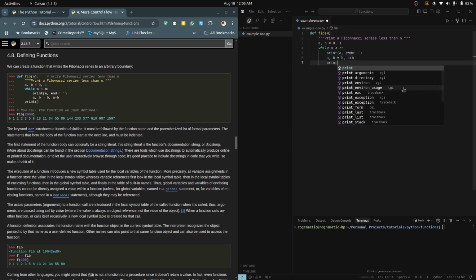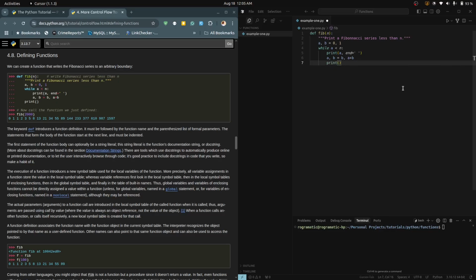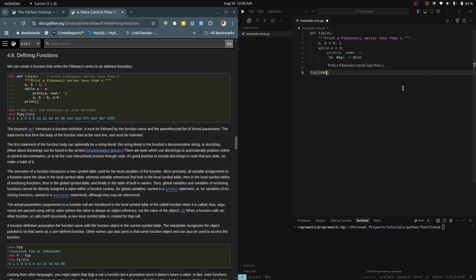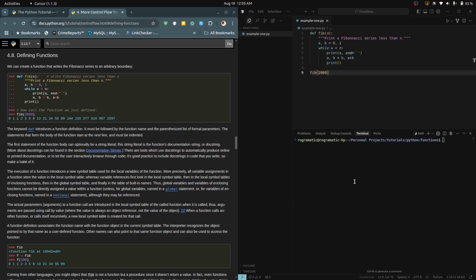Then we'll print, this print just takes the output to a new line, and this is our function definition. So let's call this, for example, with fib(2000),